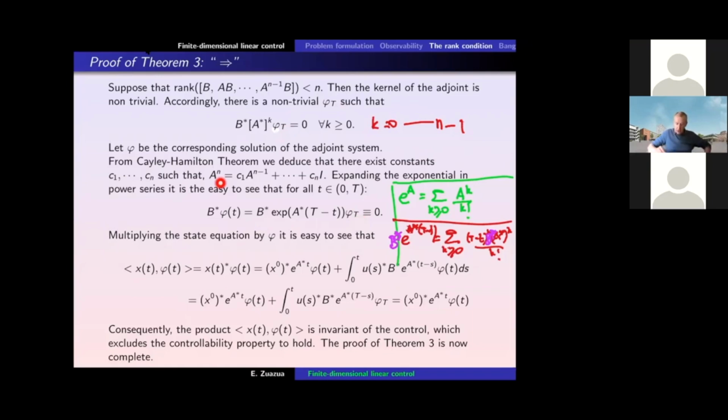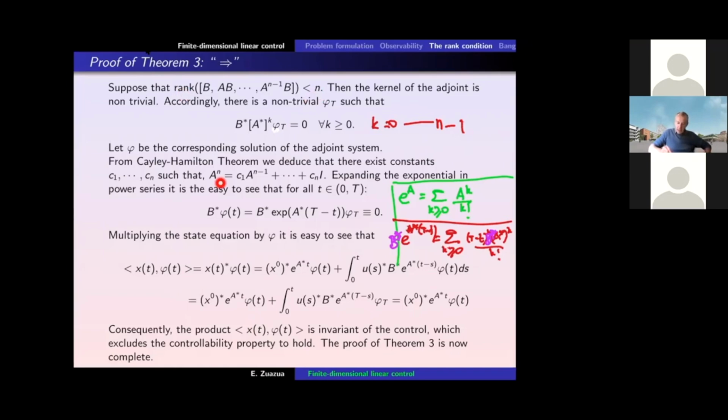And because you have lost the observability, when you look at how this quantity evolves, recall that the derivative of x t was equal to the integral of the control times the trajectory, right? You see that this is completely invariant. So this projection of the solution x t can never be controlled. So what the proof says is that as soon as the rank is less than n,